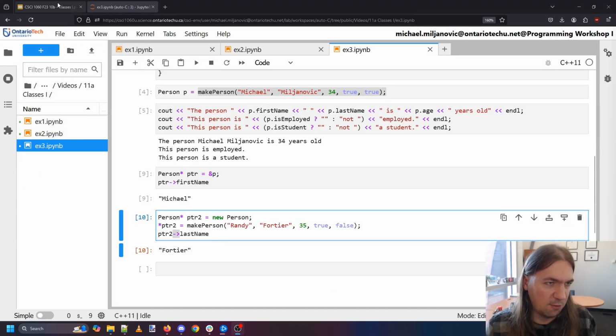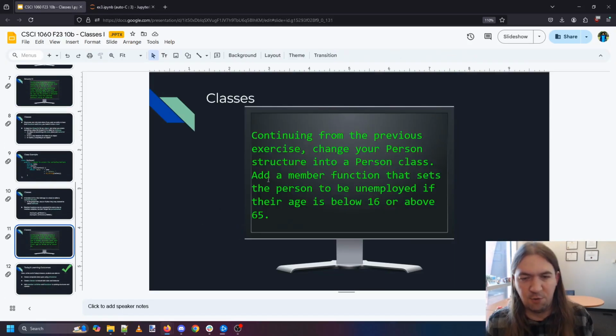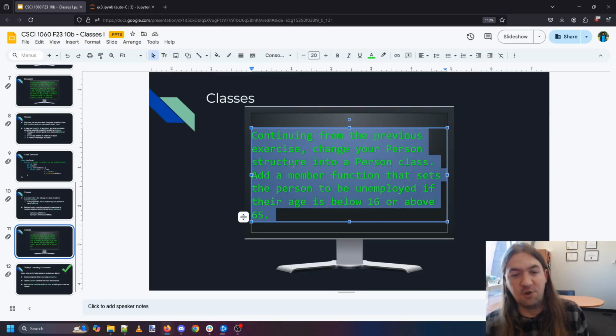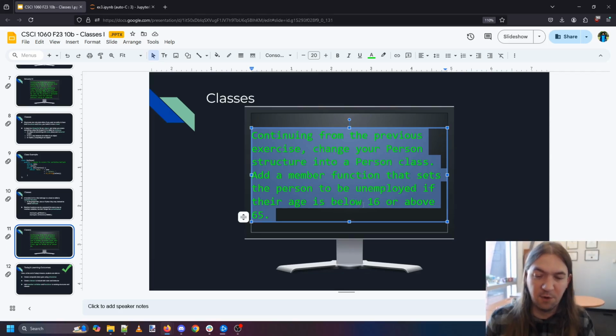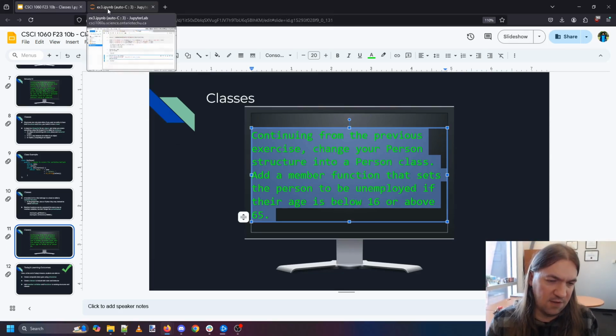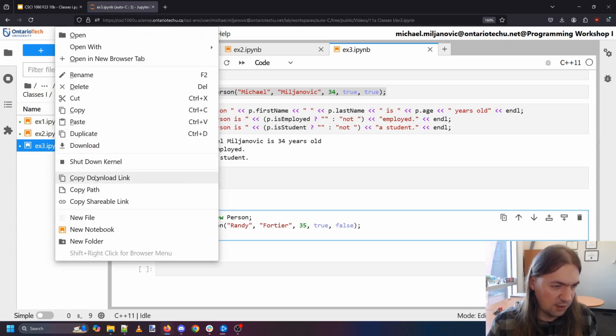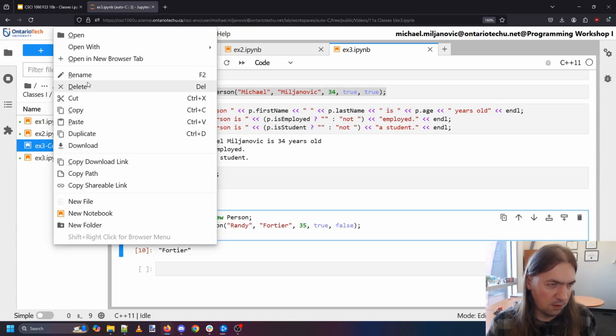Okay, for our last exercise, we're going to work with an actual class. So we're going to change the person structure into a person class. And we're going to add a member function. The member function is going to set the person to be unemployed if their age is below 16 or above 65. So taking this, duplicating it, we are going to